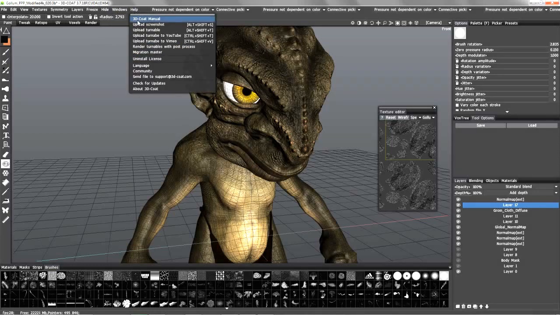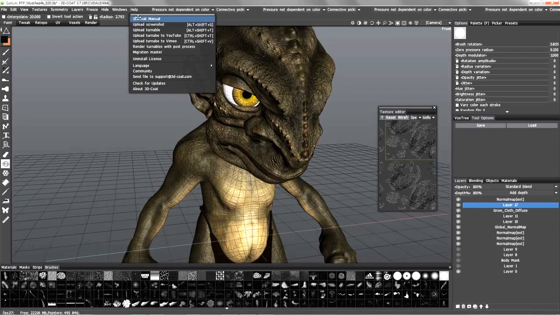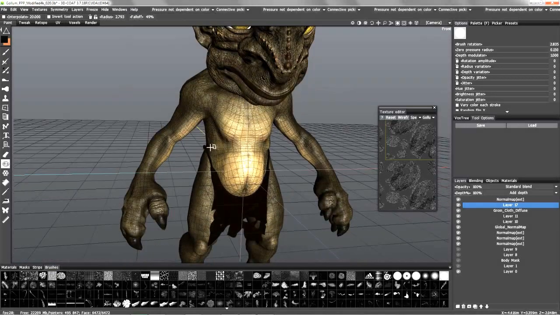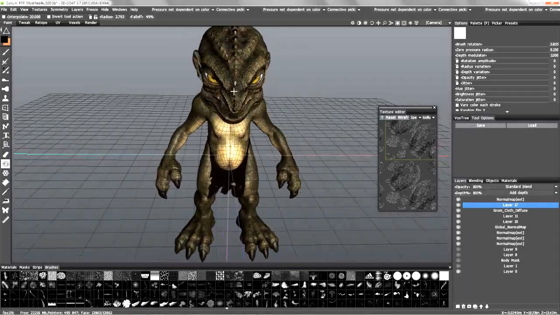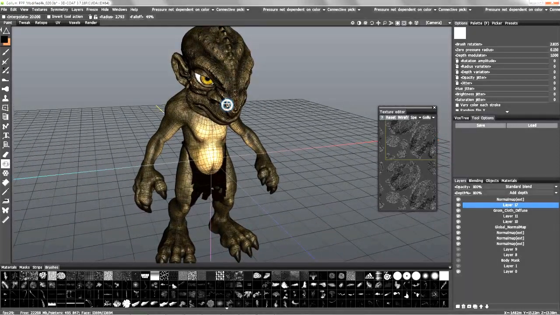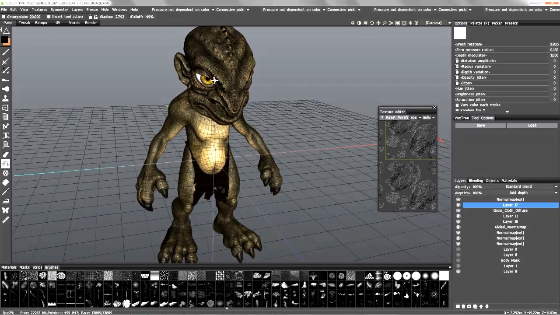Help menu, 3D Coat manual. You can click on that. I won't do that just to save time. But one of the more handy features is if you're having a problem or you're trying to demonstrate something that you're having difficulty with, in the application you can Alt-Shift-S,